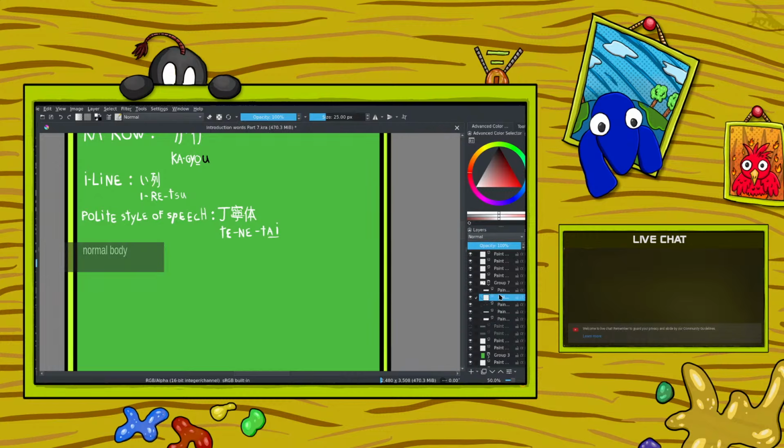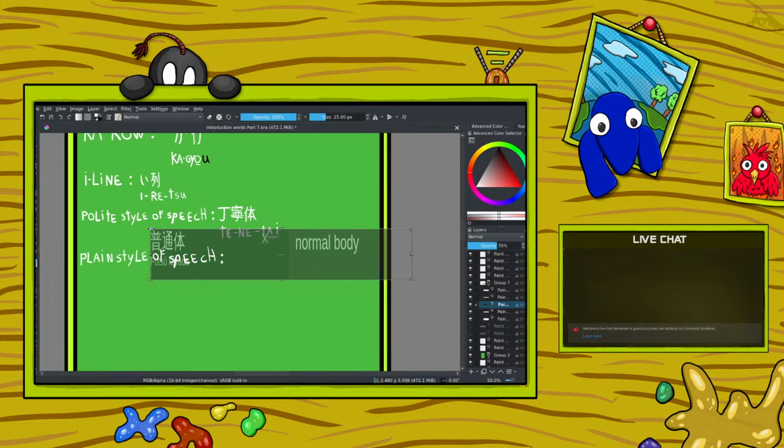Alright, put it in there, and time to get this one. So this is the plain style. Oh, plain style of speech. And then we need to move this a little bit down. Get it done and continue moving onwards. There you go. I swear. And making sure that this thing is a little bit bigger because I cannot see shit if it doesn't work. So again,